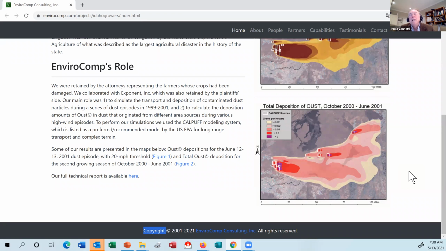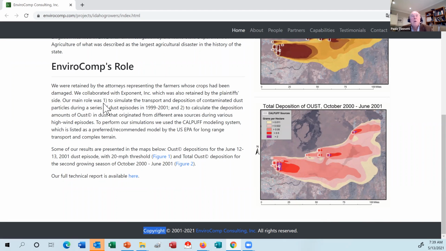Yes, there is no other explanation. This agricultural damage here, there is no other explanation. It has to be caused by Oust. We have the damage here, and we do not have the damage here or here, outside of the spray area. So it was clear. It was clear, especially in the first 10 miles. Let's say the first 20 miles. It was very clear that